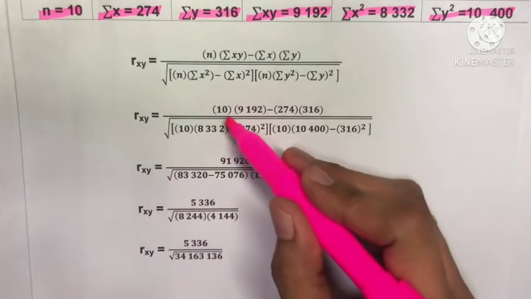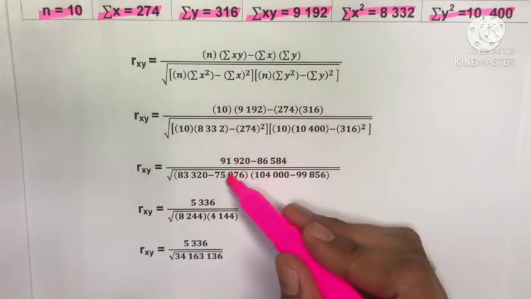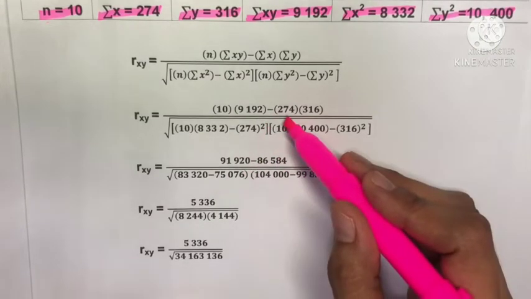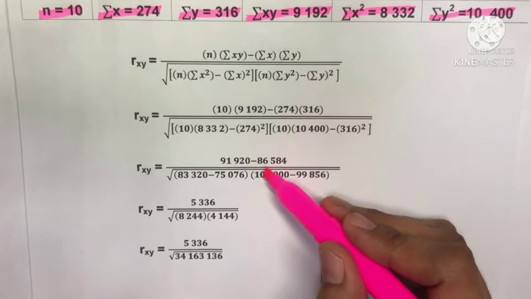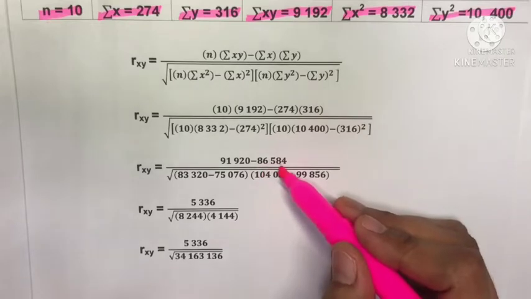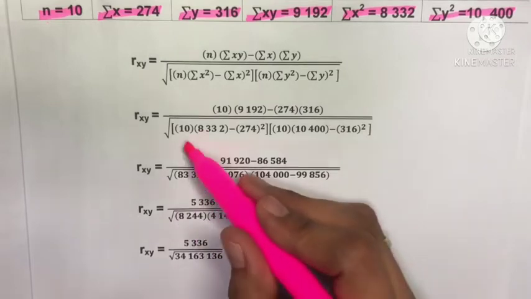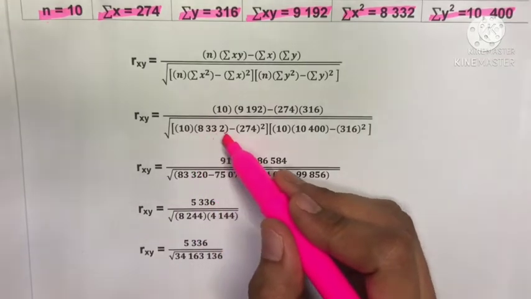So we have 10 times 9,192 is 91,920 minus 274 times 316 is 86,584. Over the square root of, 10 times 8,332 is